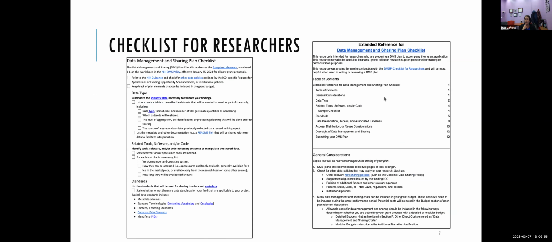For the checklist, we wanted to make sure it is as user-friendly as possible. So we envision this being used for all levels, from novice to expert researchers. The checklist, like the glossaries, is organized using the 6 required elements outlined in the NIH policy. Each element is broken down and examples are given so that researchers can write a comprehensive DMSP that covers all aspects required by the NIH. And the extended guide dives deeper into those elements of the DMSP and gives you a really comprehensive view of what's expected of you and goes into a lot of that terminology as well.